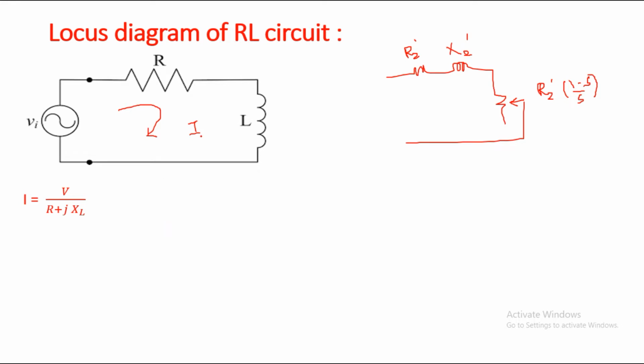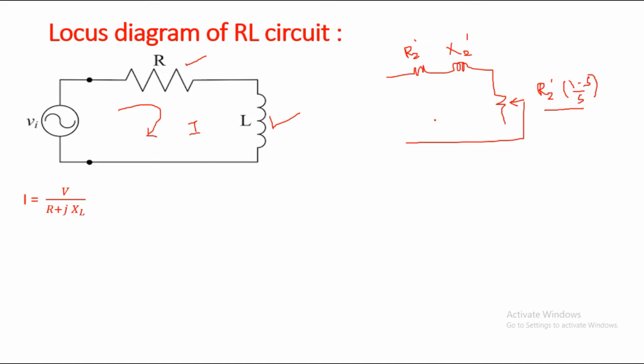Here in this RL series circuit, we have two parameters, one is resistor and another one is inductor. So we can have either R or L as a varying parameter. But our work is to compare this RL series circuit with the rotor part of an induction motor. In the rotor part, the mechanical load is a variable quantity, that is, we are going to change the value of R2 dash, the electrical equivalent of mechanical load.